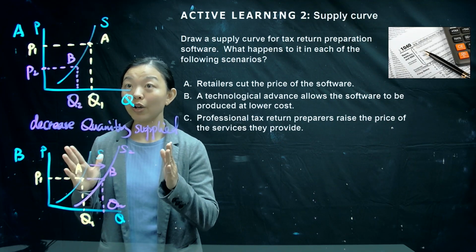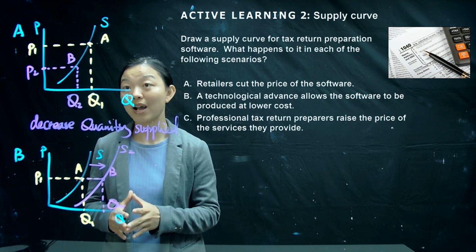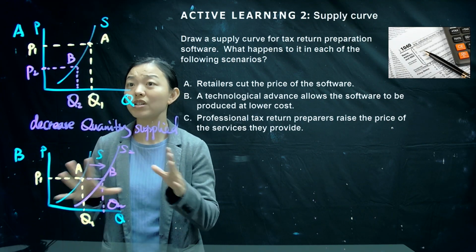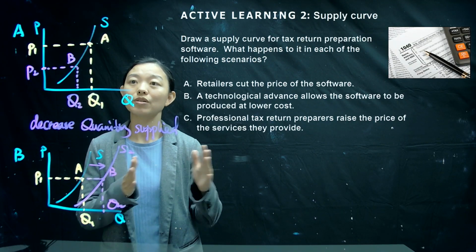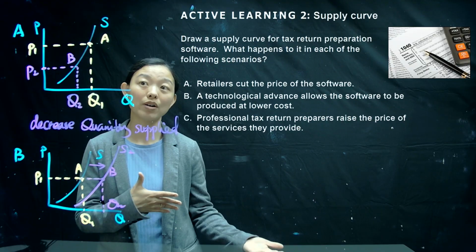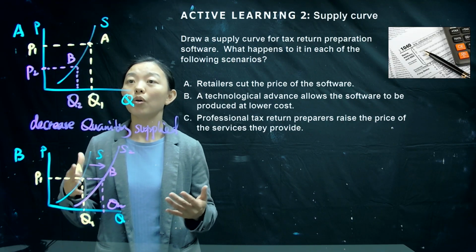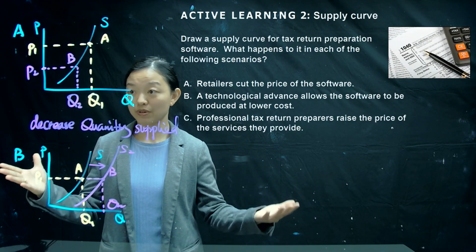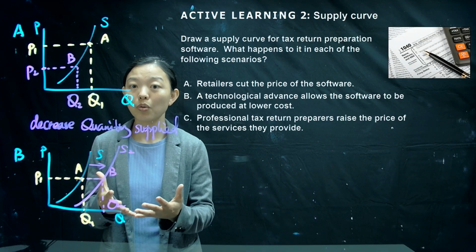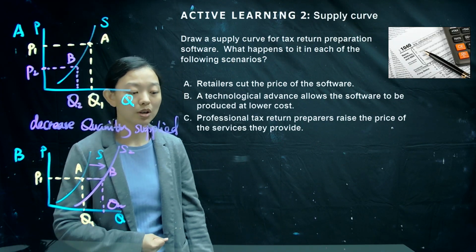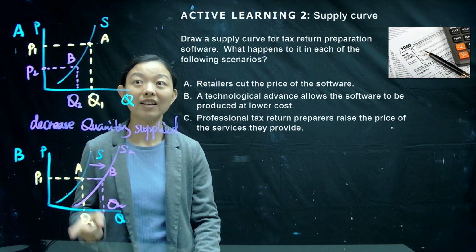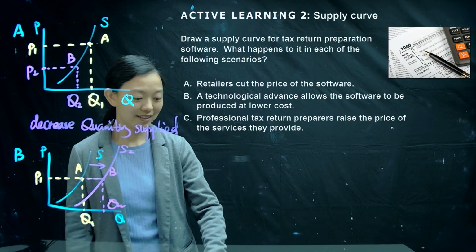Okay, that is the first part of this chapter, because this chapter is pretty intensive, so I divided the contents into two parts. In the next part, I would like to talk about what happens when market demand and supply come together, and what the result would be for the equilibrium. We will learn that part in the next slides. Thank you.